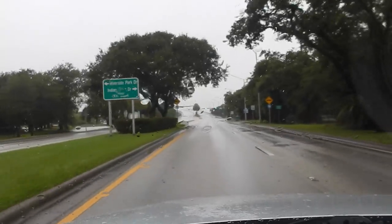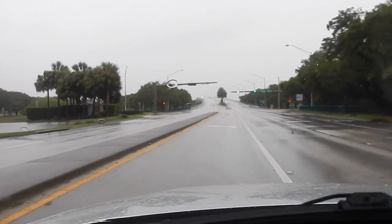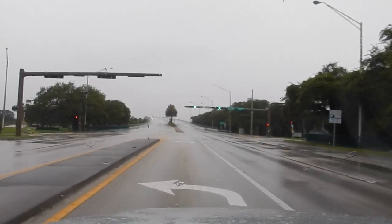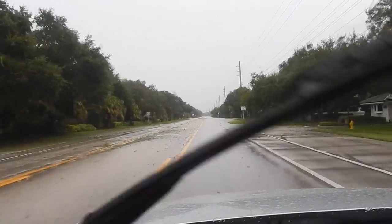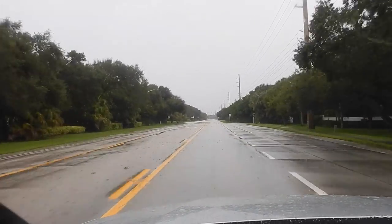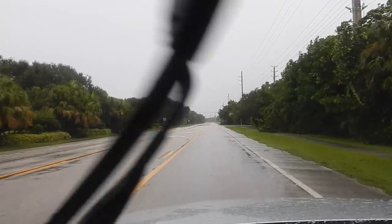In this particular case at 11:30, 11:45 today, Sunday, there is so far no flooding, and that's a really good thing. We're going to go down here and make a left-hand turn, you see the bridge ahead of me. I didn't want to go across the bridge for fear that if I went across the bridge, they might not let me come back. So I made a left-hand turn here by the Art Museum and the Riverside Theater, turned around and came back, and you'll see the next shot I took was, I believe, over at